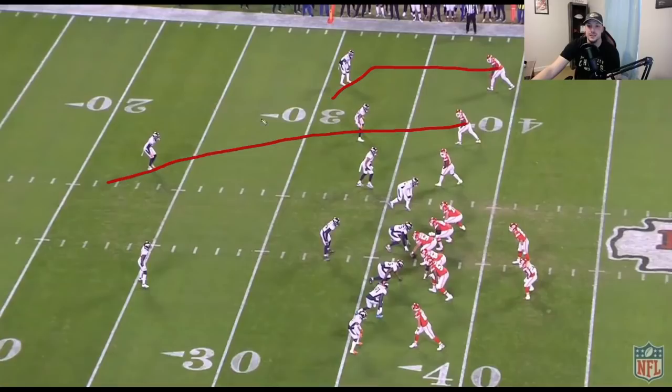And what this does, obviously, it takes the safety with the corner, with the safety to try to move him off of the ball. Don't want anyone moving with Tyreek Hill. And Tyreek Hill is just going to run and drag across the formation. Clyde's going to run to the flat, and you're going to have Kelsey run almost like an over route here. But the intent is to run a pick play for this linebacker. The Chiefs do this a lot, and they run Kelsey right at the linebacker and just hit Clyde in the flat. So as you watch this, you're going to see